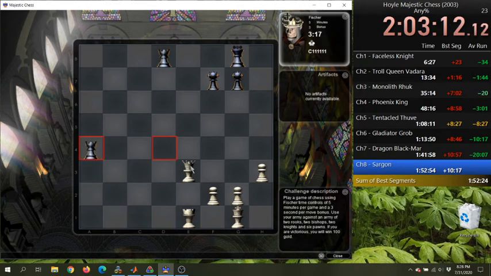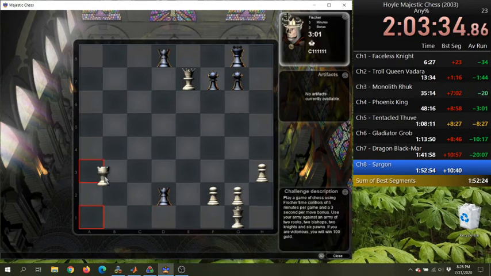Jesus. See, this is the kind of endgame that I ought to be able to win if I were better at chess. I suppose I'll try something like this.